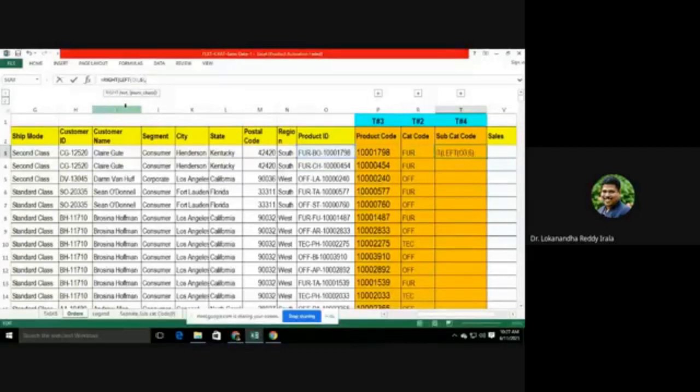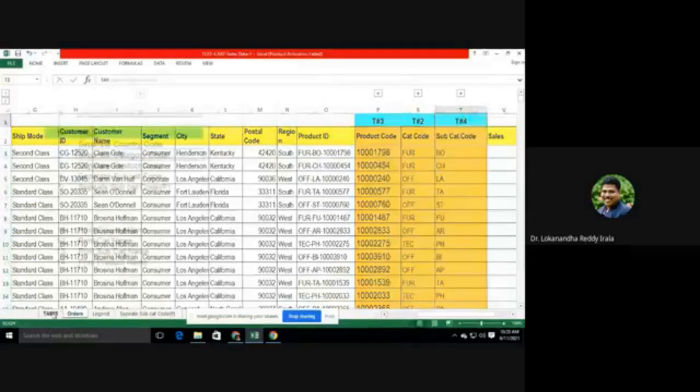Then give me 2 characters. So that's how you can separate BO, or you can just try first. You can take the right of something and then do the left, right? So this is your task 4.